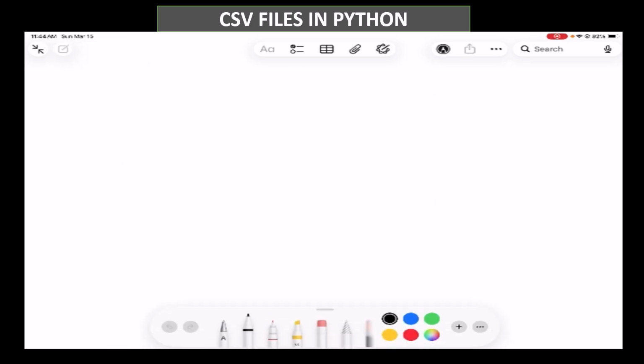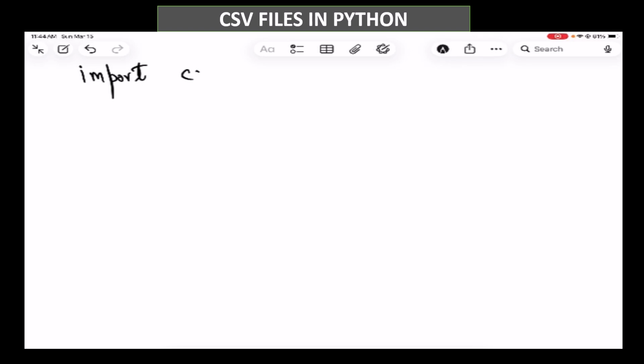Now first of all, I'll see how to read from a CSV file. So the first thing that I'm going to do is import csv, correct? Then the next thing, I'll create a file object. And how do I create it? Open. Say my file name is x.csv, and I'm opening it in which mode? Read mode. Okay. Now what next? I need to create a reader object, and say I'm giving it the name arrow. And how do I create it? I create it